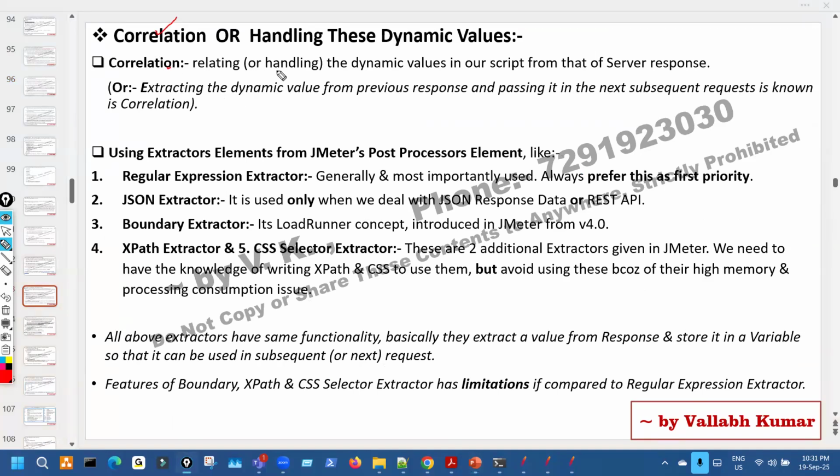Now correlation means relating or handling the dynamic value in our script from that of the response. It can also be called extracting the dynamic value from the previous response and passing it in the next subsequent request. That is called correlation. Now, how does this extracting work? I'm repeatedly saying we have to extract the value, right? Because every time when we run,